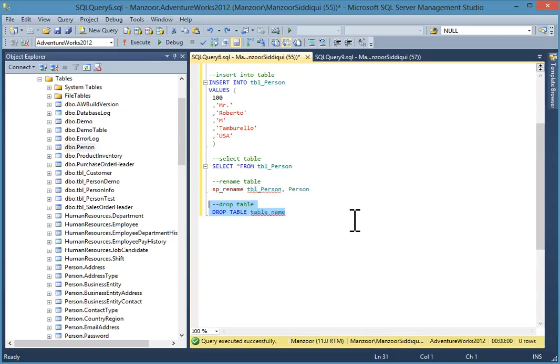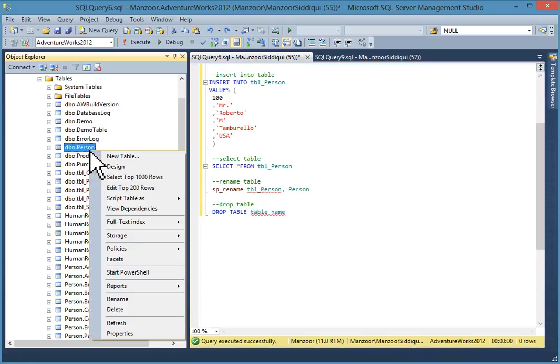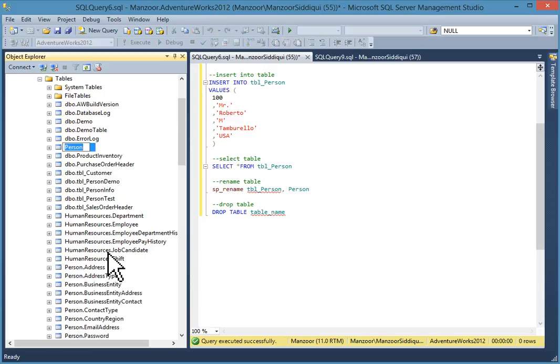Now what you can do, you can also rename by right clicking on it and going to rename. So from person, I'll just rename back to tbl_person and enter. Okay,